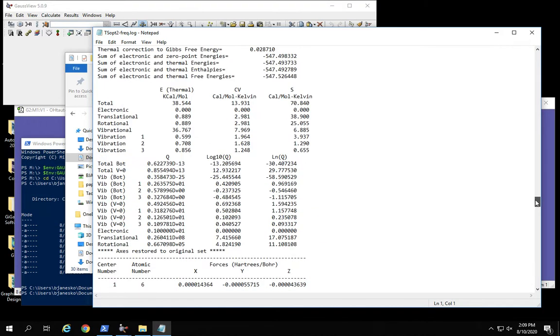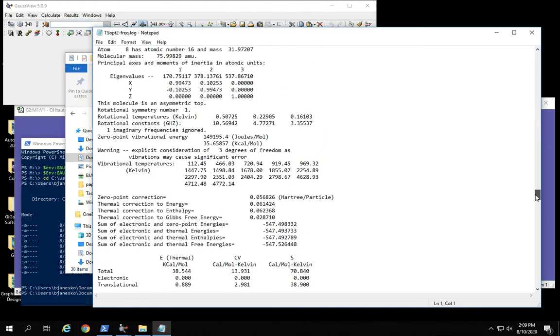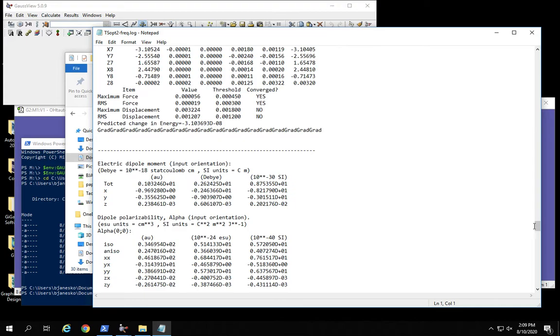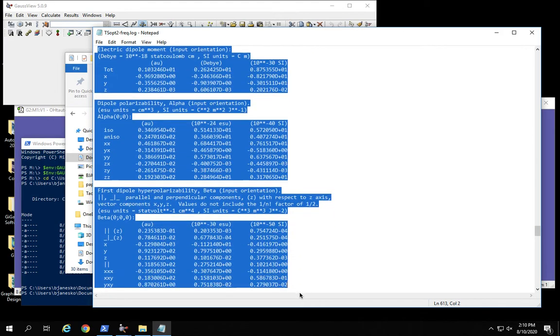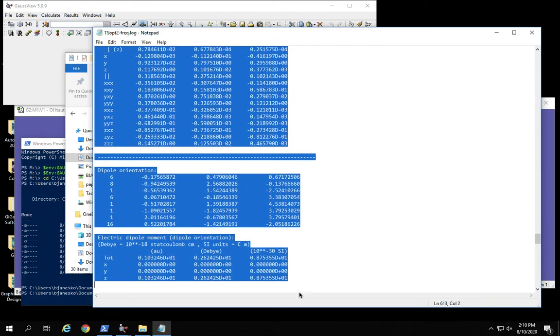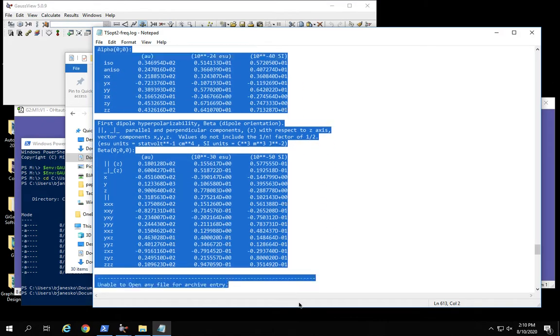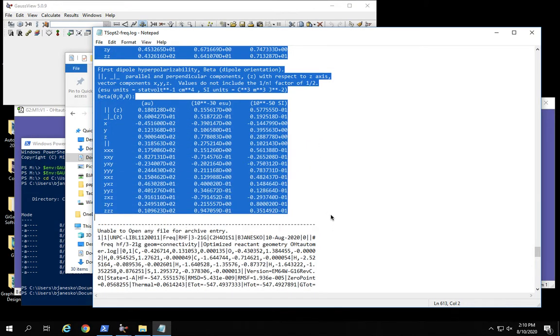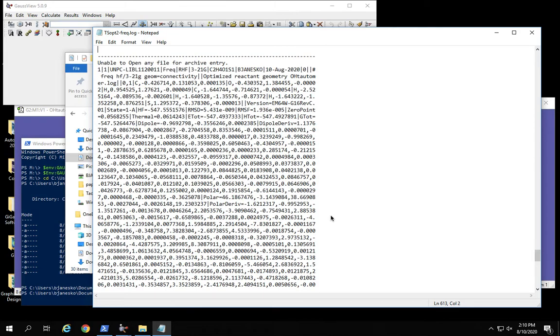Remember, this is the same sort of thermochemistry analysis that we did in Module 2. And now here at the end, right at the end, I have something that asks me if I'm converged, predict change in energy, grad, and then some stuff about the electric dipole moment. I'm going to take this stuff about the electric dipole moment and the dipole polarizability and the dipole hyperpolarizability and the dipole orientation, and go right up to this next set of dotted lines, get rid of it. Save that, Control S,